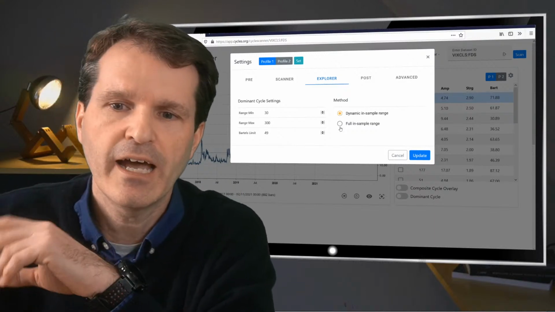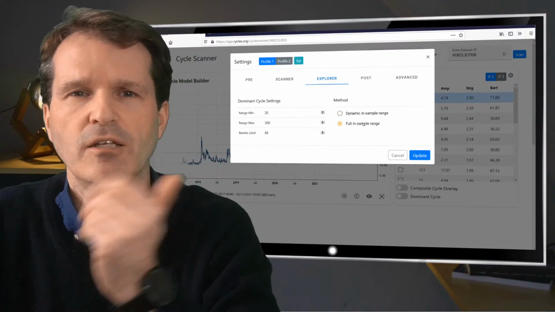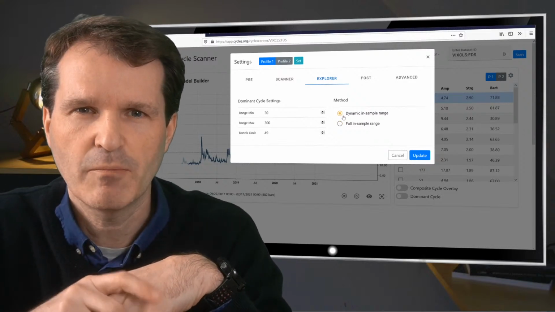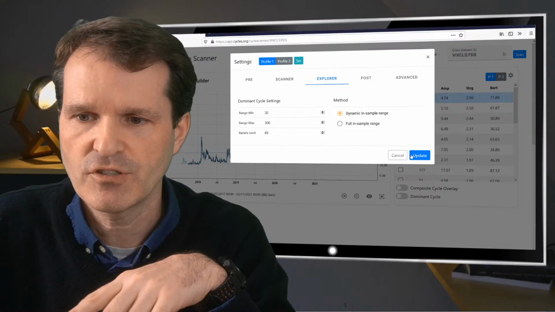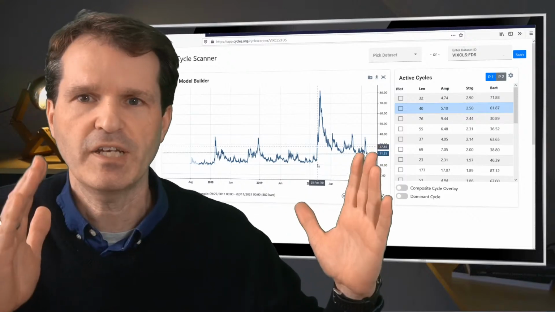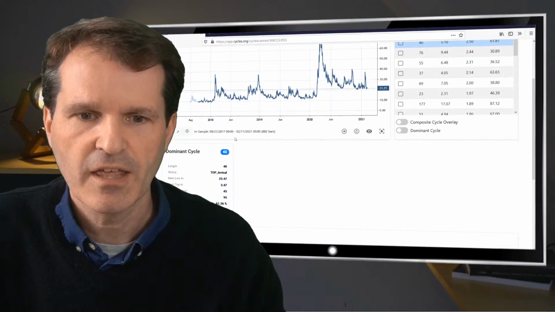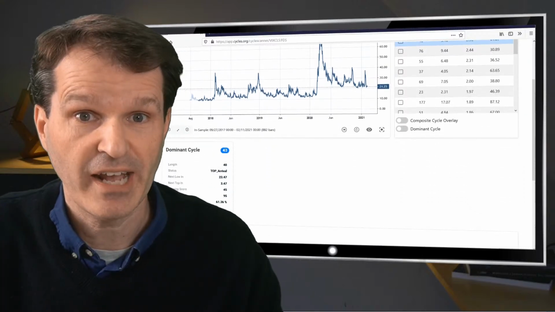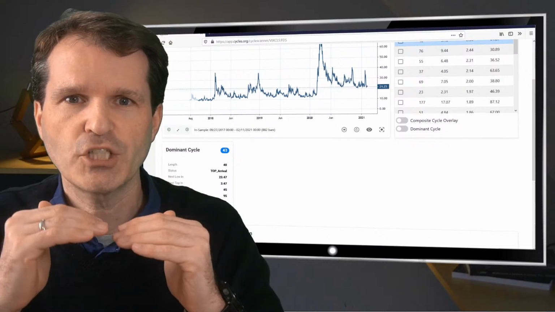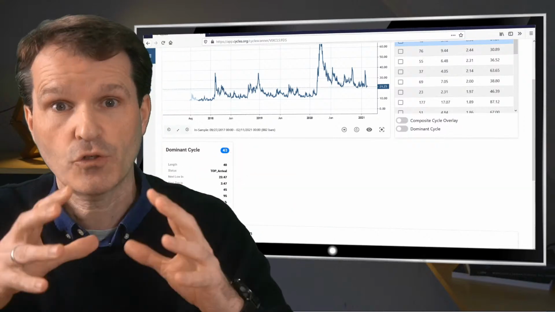But you can set it to the same procedure. If you use full in-sample range, then you will have exactly the same match. But I recommend always use dynamic in-sample, because now you can compare it. Even though you might have 10 years of data for average cycles in this data set, which you will see on this list, you will see in the dynamic cycle the current cycle just in the current past. And if there is a kind of match, or if they are similar, you know from both perspectives, the long-term perspective and the short-term current perspective,